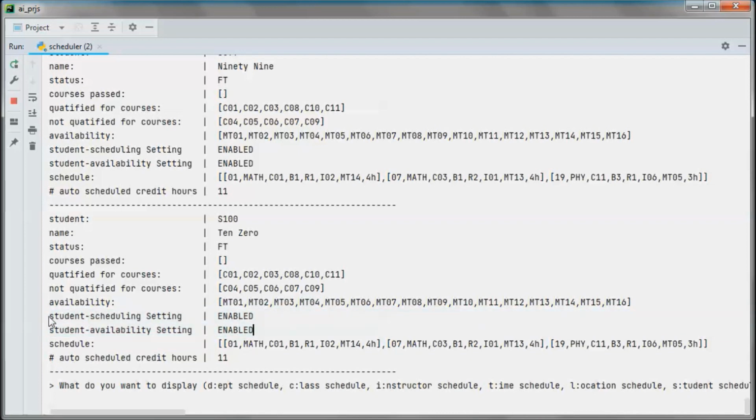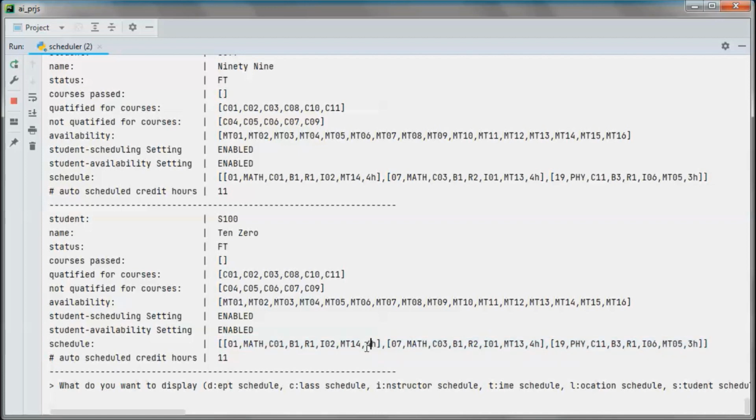Student scheduling setting means we do schedule the students. If it is disabled, we don't schedule any students. And student availability means we do look at the availability here before picking a meeting time. So we ended up with this schedule for this student.